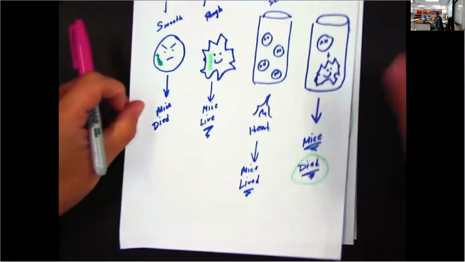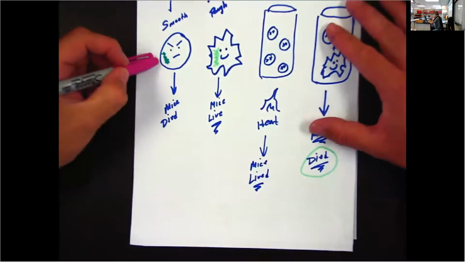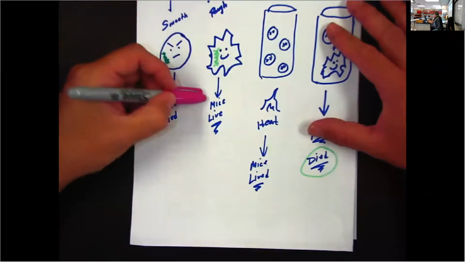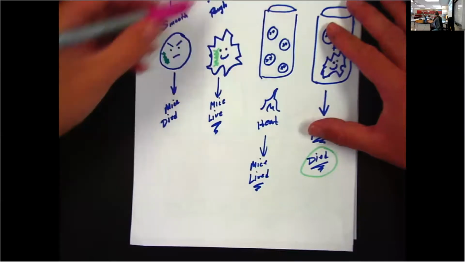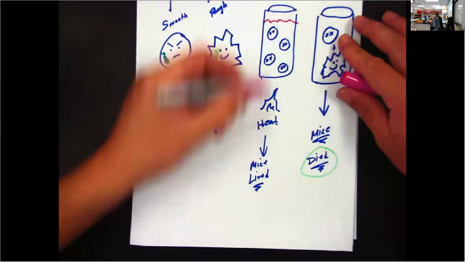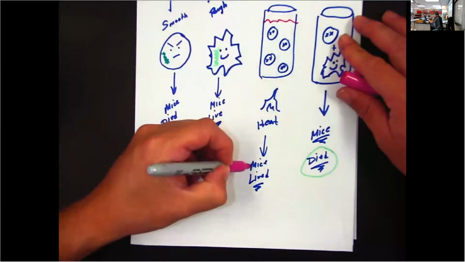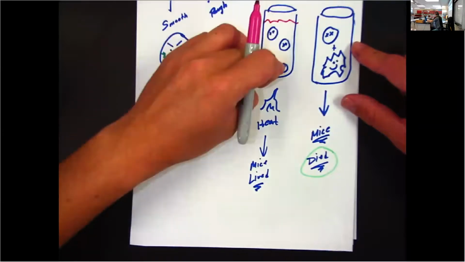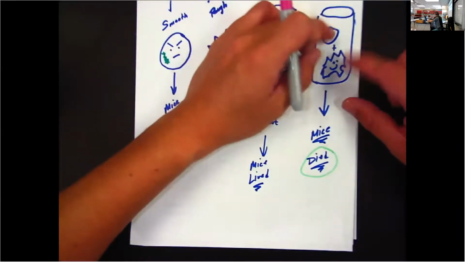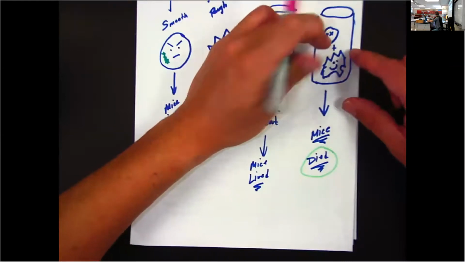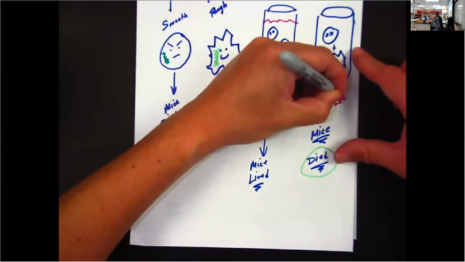Exactly, right? So here's the experiment, basically. The smooth bacteria caused the mouse to die. The rough bacteria caused the mouse to live. When he took the smooth bacteria and heated it up, that killed the bacteria, and therefore when this stuff got injected, the mice lived. Then he took the same juice and added the harmless bacteria. Now you have two things that don't do anything to the mice, don't cause the mice to be sick. But when this stuff got injected into the mice,